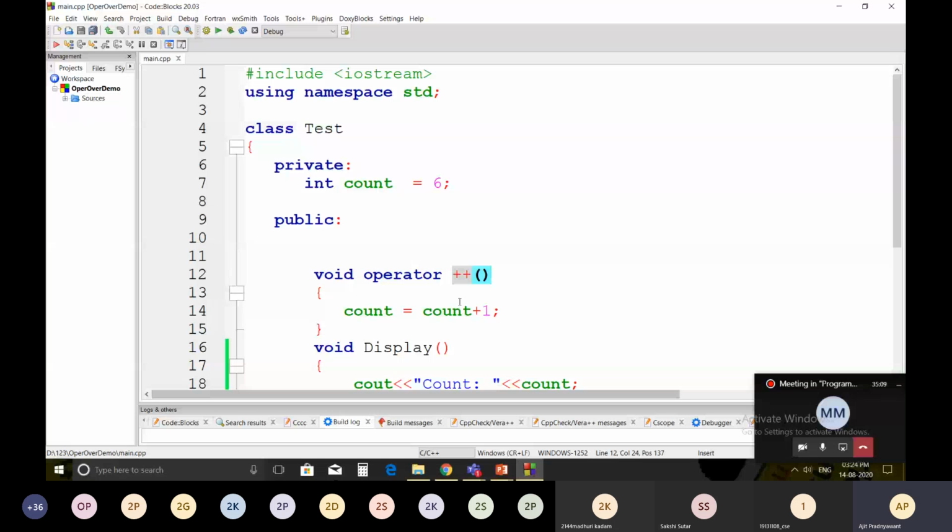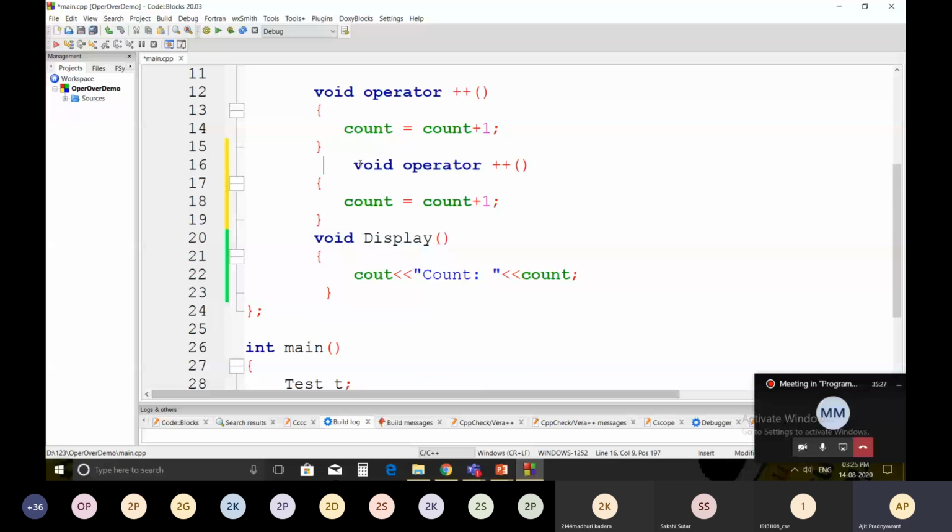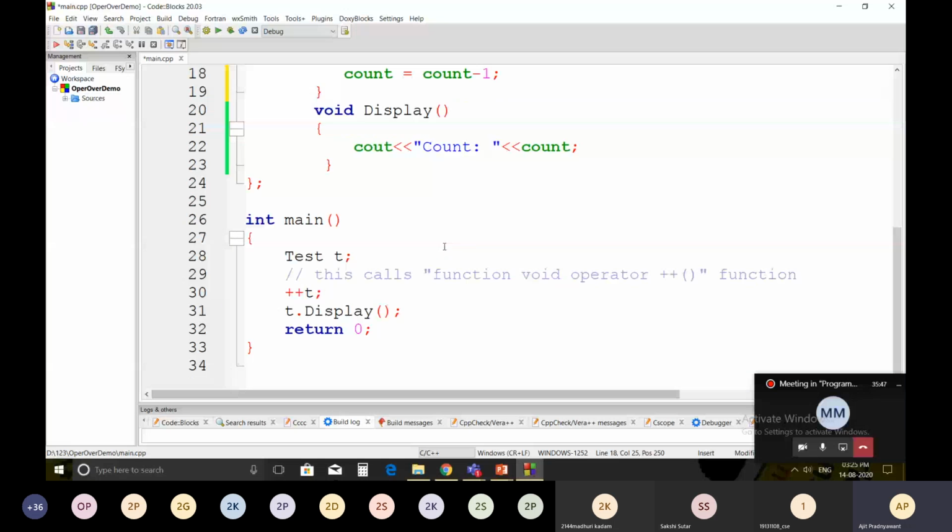In this void operator, I'm going to change plus plus to minus minus, and here I'm going to decrement the value of count: count is equal to count minus 1. Now I'm going to use this minus minus t, and I'm going to call it before this decrement.